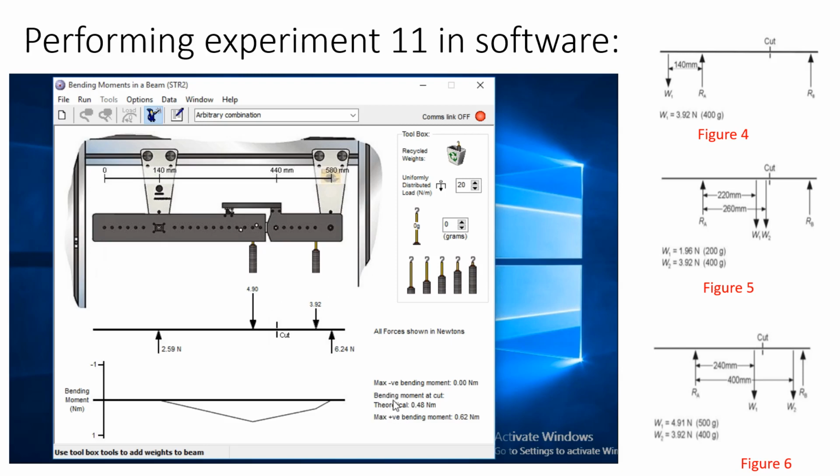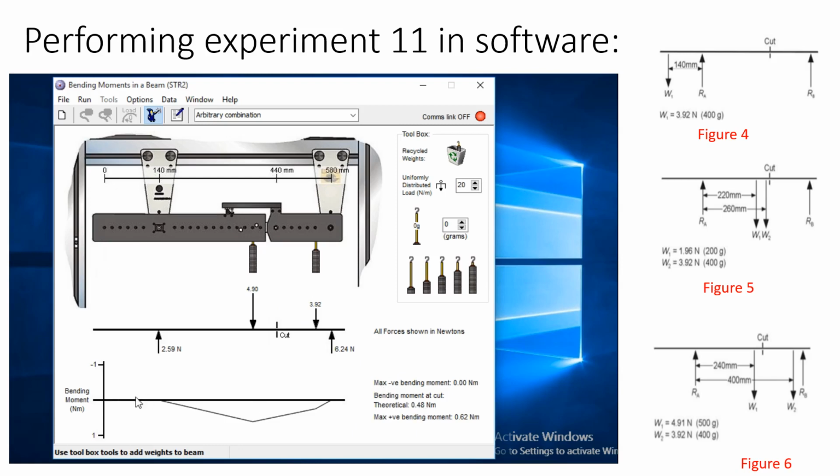You can see here the bending moment at the cut is 0.48 Newton meter. The maximum bending moment is 0.62 and the minimum you can see is 0. These are the maximum and minimum values to save the beam. However, your calculated bending moment is 0.48 Newton meter.